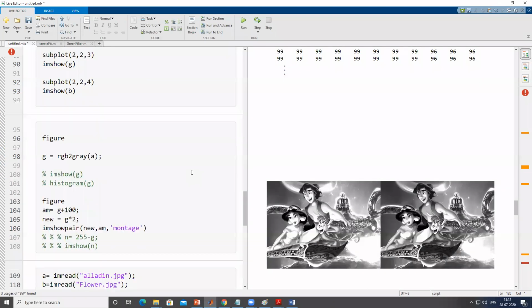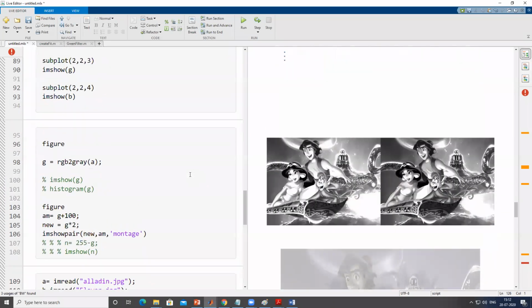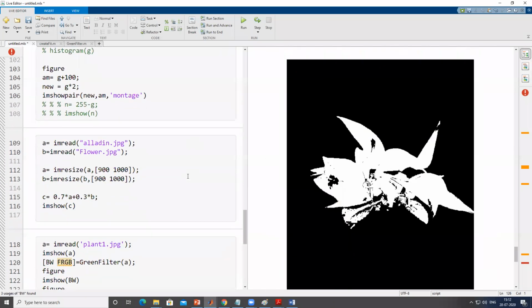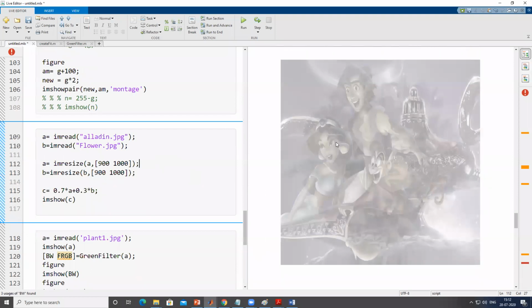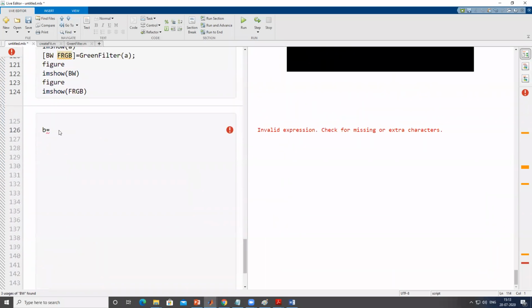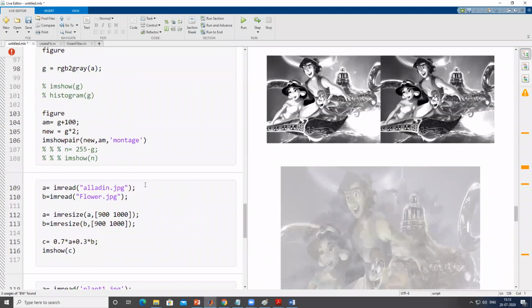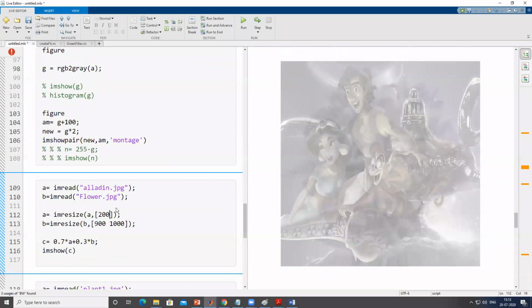One minute, where we have used, yeah, here, this one part. So here you can see it has that part also. And say if I compress it to a dimension of 200 by 100, that also it can give.